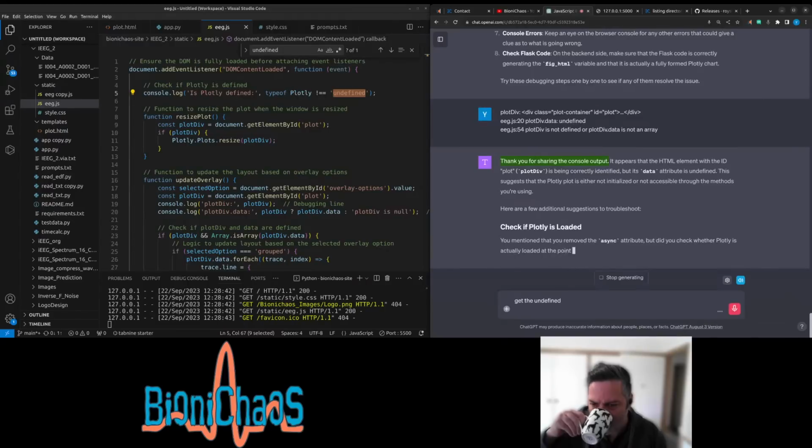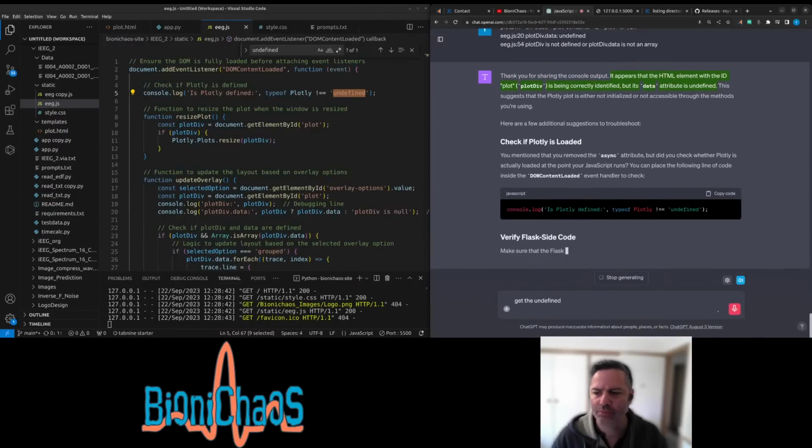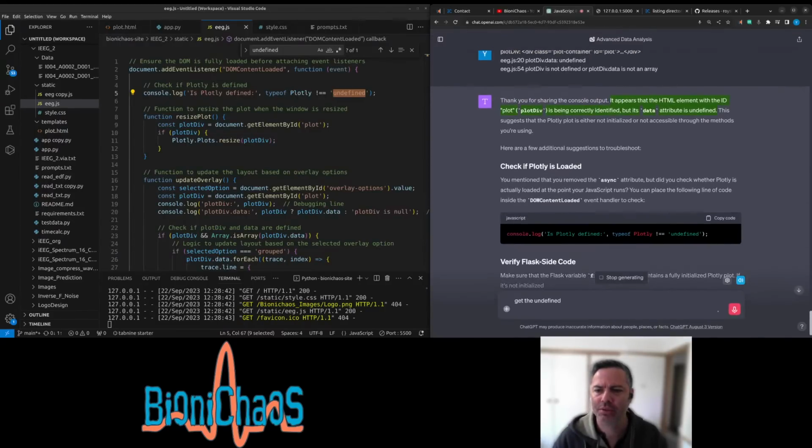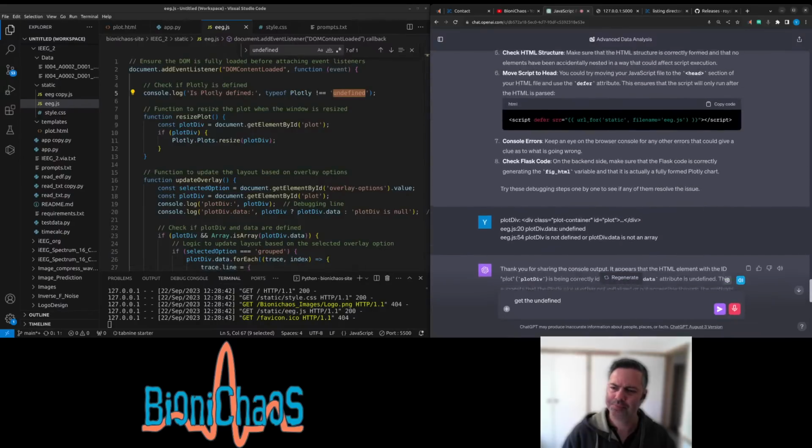Thank you for sharing the console output. It appears that the HTML element with the ID plot_div is being correctly identified, but its data attribute is undefined. This suggests that the Plotly plot is either not initialized or not accessible through the methods you're using. Here are a few additional suggestions to troubleshoot. You mentioned that you removed the async attribute, but did you check whether Plotly is actually loaded at the point your JavaScript runs? You can place the following line of code inside the DOMContentLoaded event handler to check. Make sure that the Flask variable fig_html actually contains a fully initialized Plotly plot.